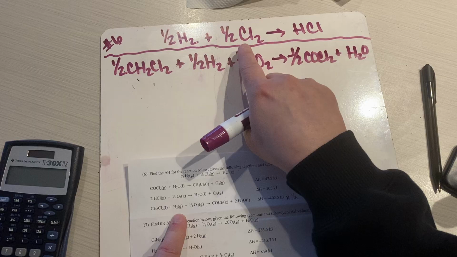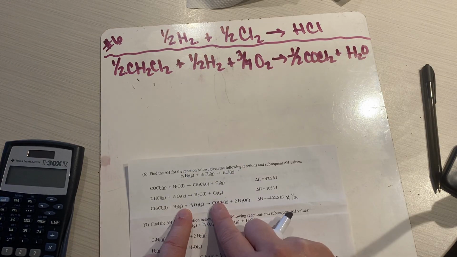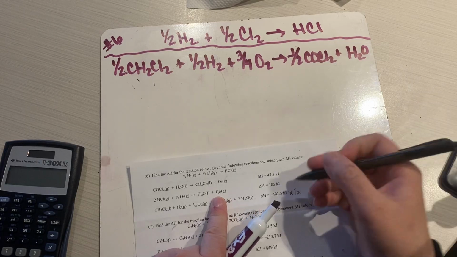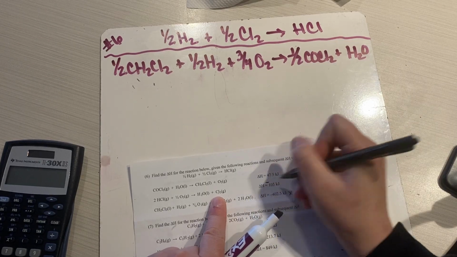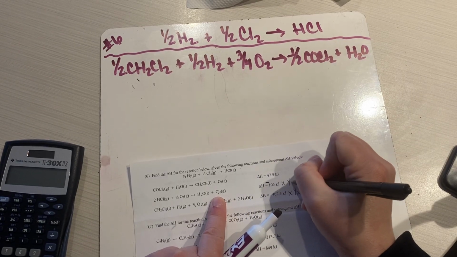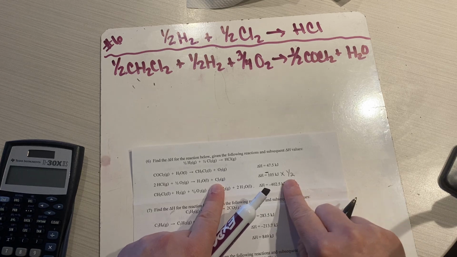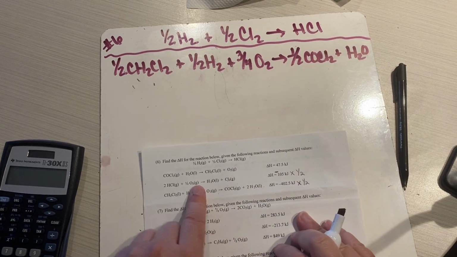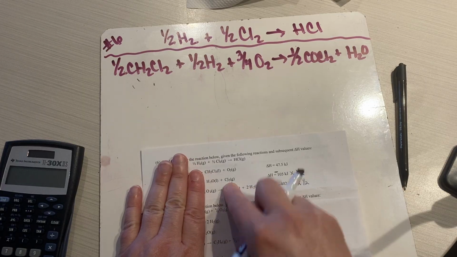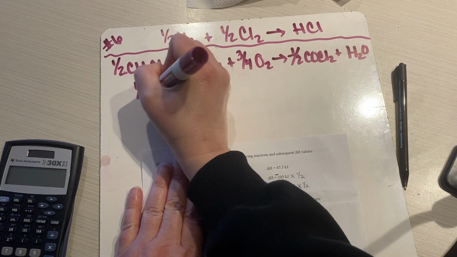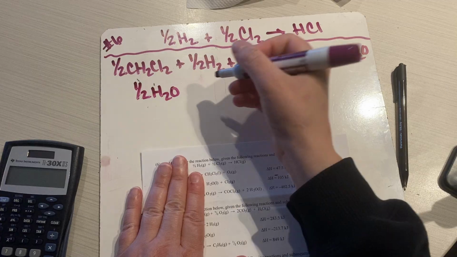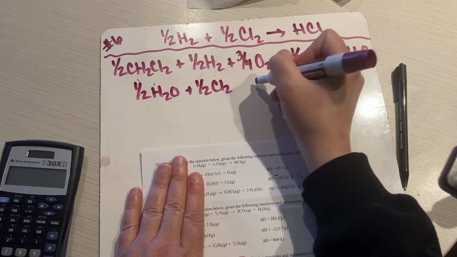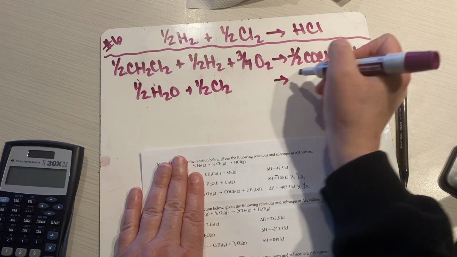Then we also need a half Cl2. So we've got a Cl2 here. We need to take the opposite and multiply by half in order to get this one to work so that the Cl2 is on the left side. So I'm going to look at this here. We're going to have half H2O plus half Cl2 goes to